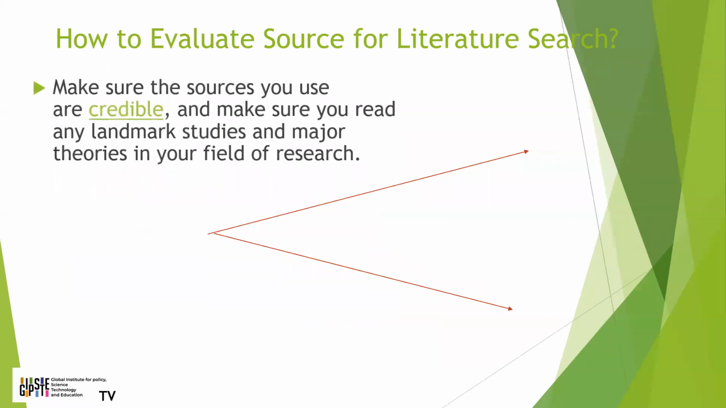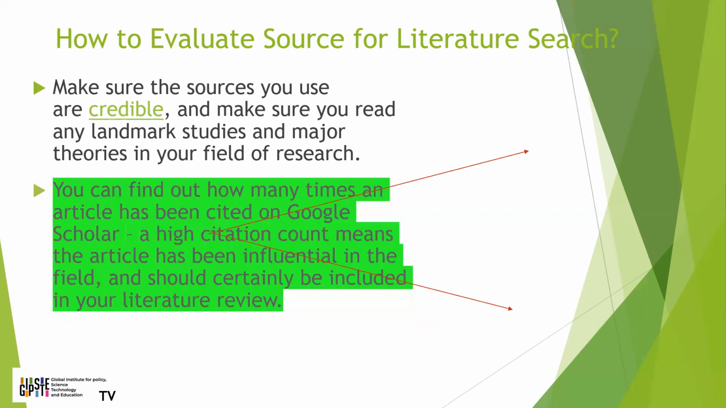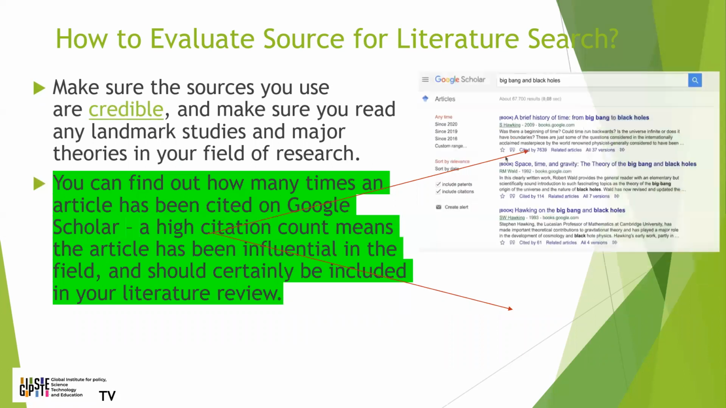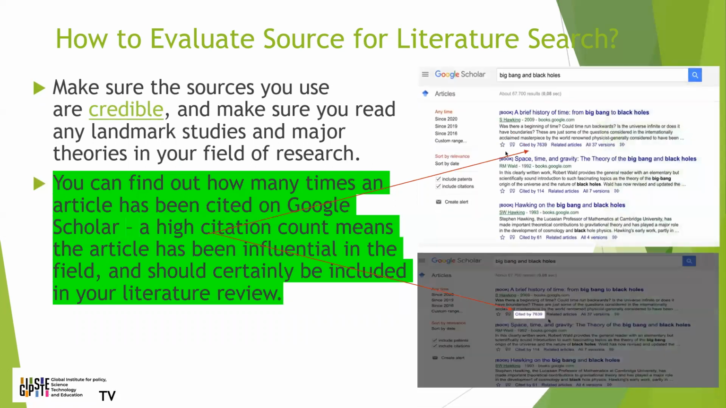The next step is to make sure the sources you use are credible, and also making sure that you read any landmark studies and major theories in the field of research. You can find out how many times an article has been cited on Google Scholar. A high citation count means the article has been influential, is credible in the field, and should certainly be included